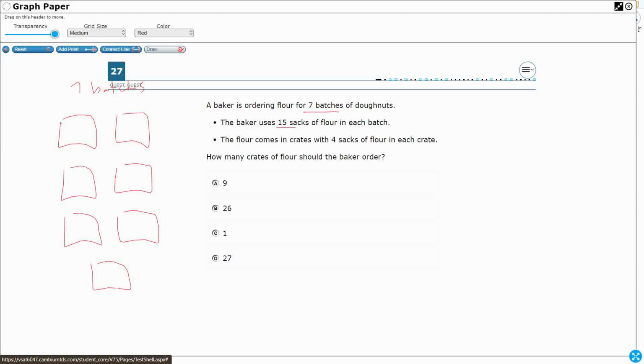There are 15 sacks of flour in each batch. All right, so I've got 7 sets of 15. I could do repeated addition, or a much simpler way, let's multiply. What is that? That's 35, 70. Okay, that's 105. All right. So I need 105 sacks of flour,